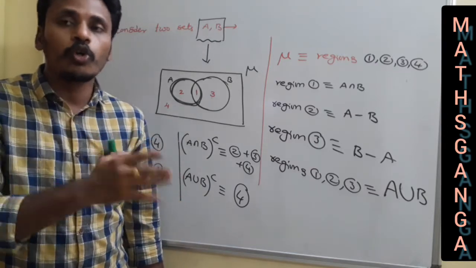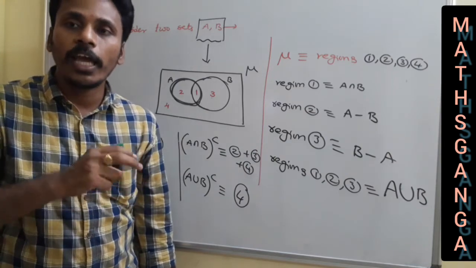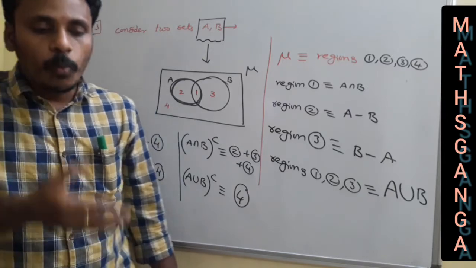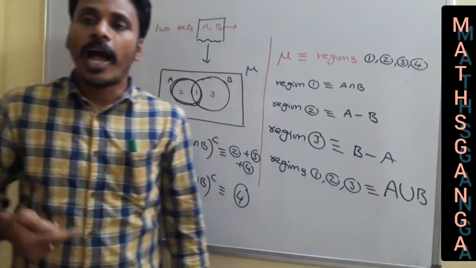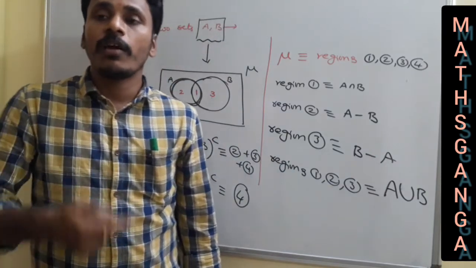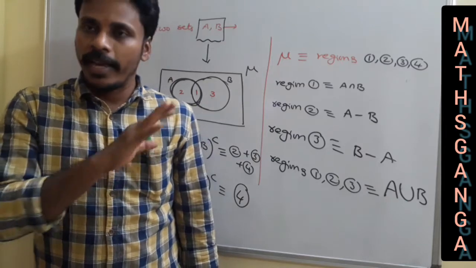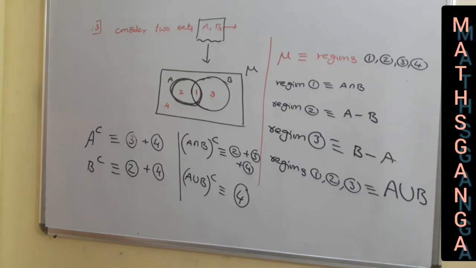You just don't go blindly, right? You need to think about the definition. What is meant by A union B, what is meant by A intersection B, and what is A intersection B complement. You need to think about the definition and then identify the region, then only it is very comfortable in solving the problems. Just analyze all these things. Have a screenshot, think about it for a minute.